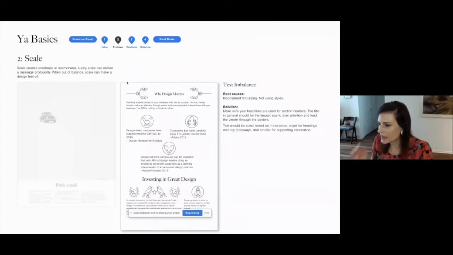So in this example, there's a text imbalance that's happening. When we talk about top down, the top headline is really small and the bottom section headline is really large. So your eye goes directly to the largest thing on the page and reads that first. And that's not the way we want it to be. Our hook statement is at the top. You want to get to the bottom as more of a tertiary thing, when you convert that viewer into your funnel or whatever it is you want them to do.